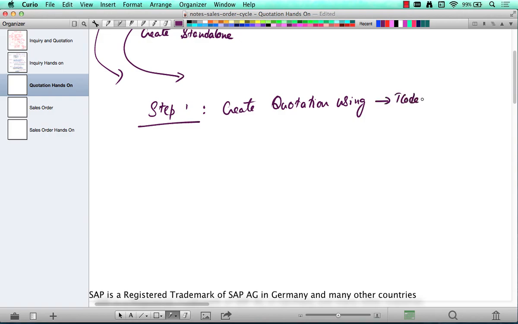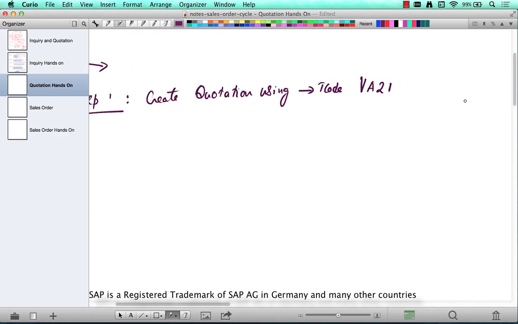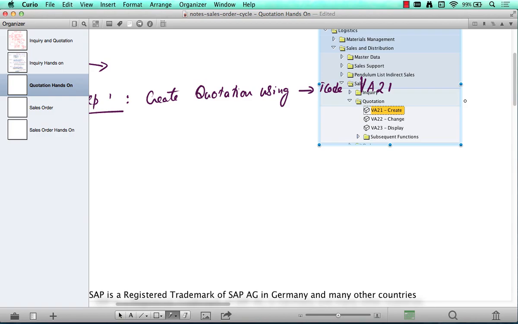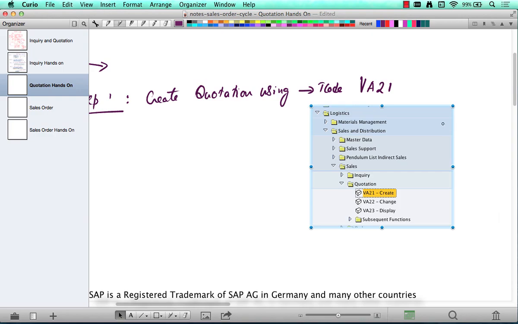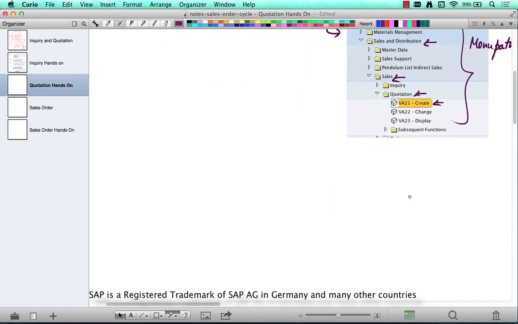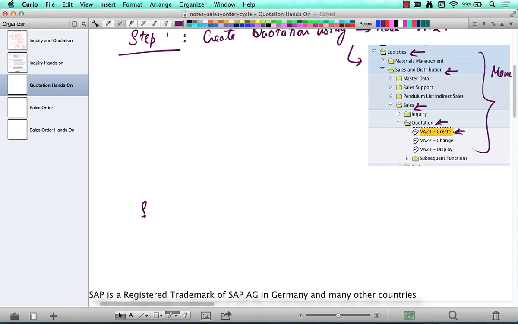T code stands for transaction code, either the T code VA21 or use the menu path. Logistics, sales and distribution, sales, quotation, create. So that is step number 1. So step number 1 is easy, right? So step number 2